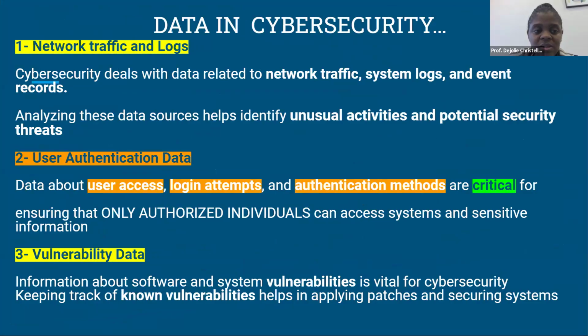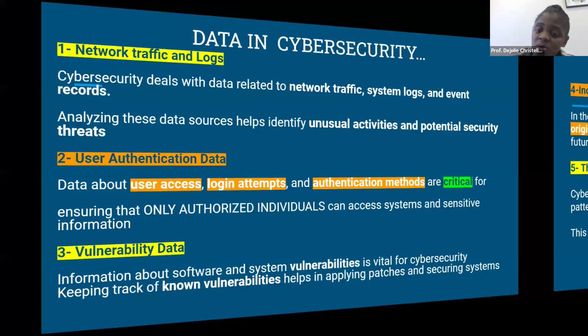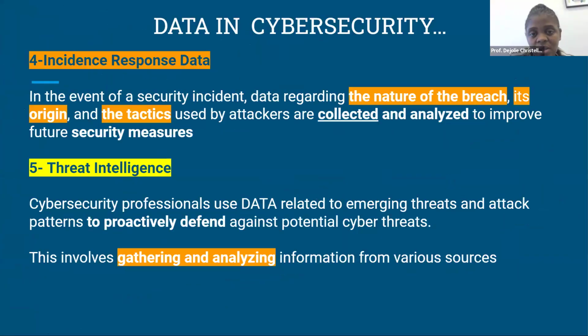So for data in cybersecurity, in network traffic and logs, we have network traffic and system logs. I just explained everything. User authentication data: we have who is logging in, when, where on our network, and was the person allowed. Those are the kinds of data we can have. Vulnerability data: we have information about the software. Was the system secure when the person logged in? Was the system safe? What happened? And keeping track of logs can give us some data. So it's very important to know how we collect the data, right? Either from finance or cybersecurity.